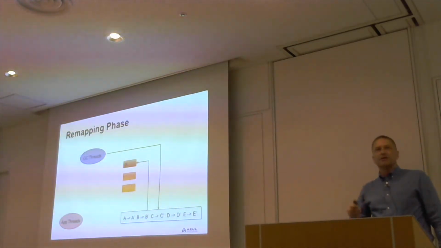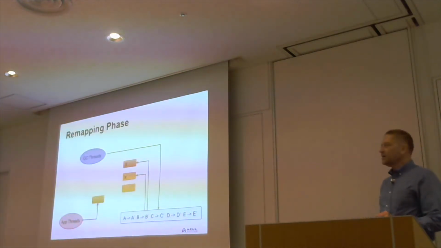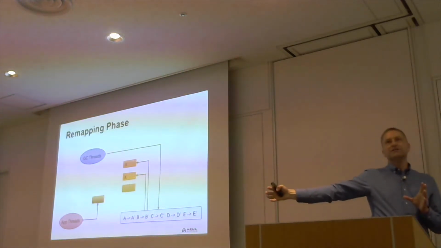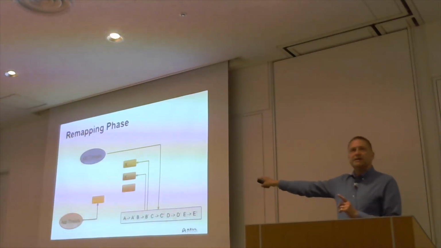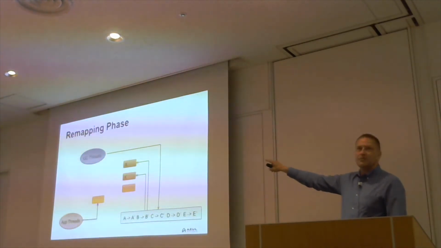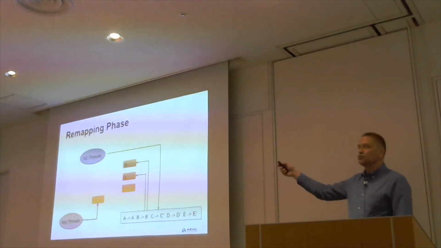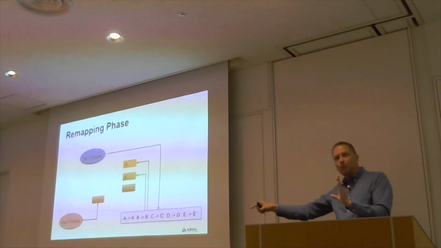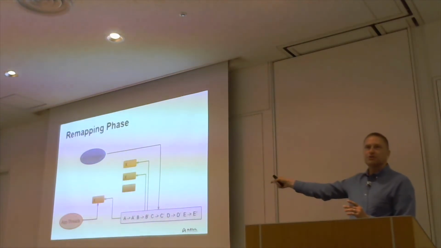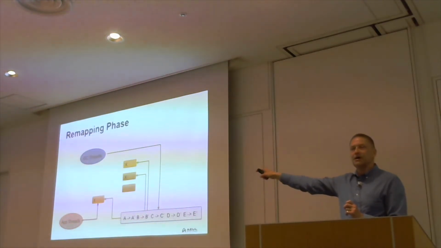Our application threads are running at the same time, and so we do the same thing. If our application tries to access an object, that object may have been relocated. But because the bit isn't set, we do our test and jump again, and we say, okay, so this hasn't had the bit set, which means it's a relocated object. We need to change the address reference so it points at the new place rather than the old. We go to the table, we get the information, we update the object header, and then we mark it to say that it has been updated.